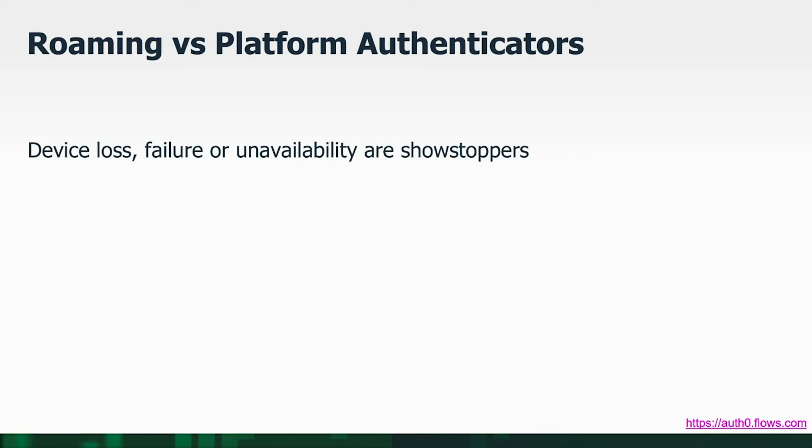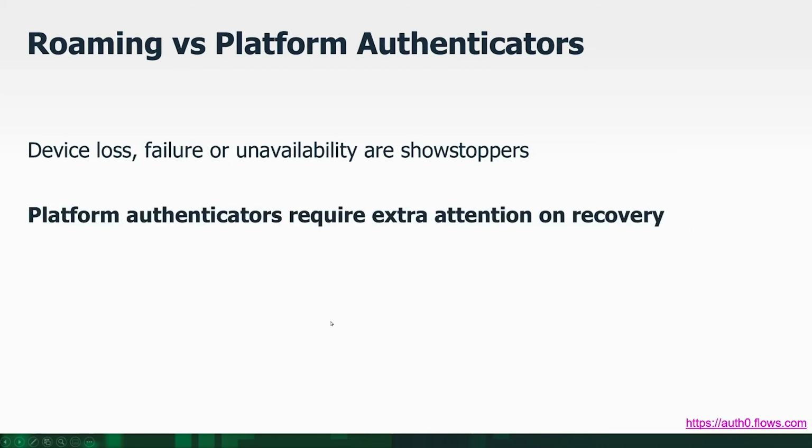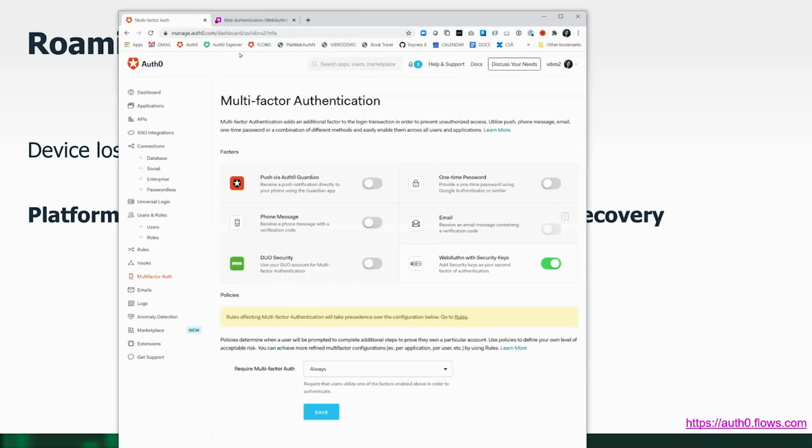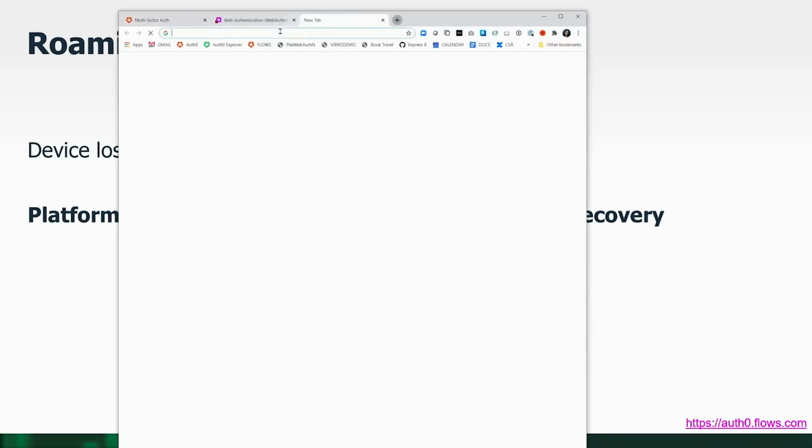Or like if your device suddenly gets lost, or you lose it, or you buy a new one and you forget to move the settings. So there are all sorts of things that can go wrong when you use a device as a factor. And so the outcome of this is we can't just use it as a standalone extra factor like we do with keys. And here to explain this, I'm going to use a website that we put together in Auth0